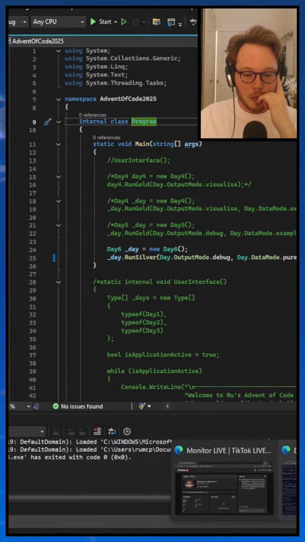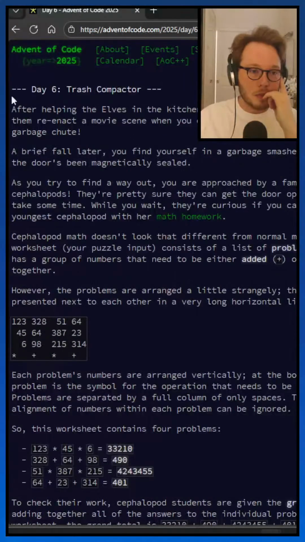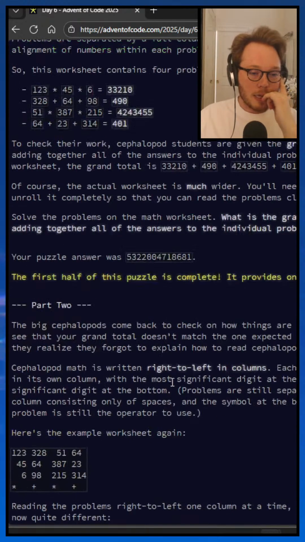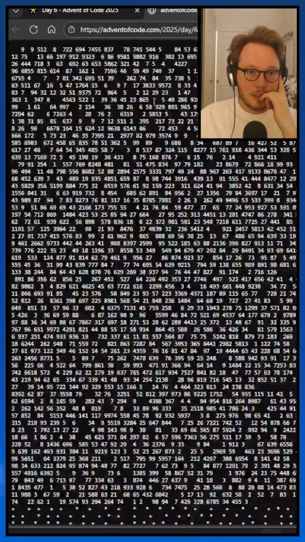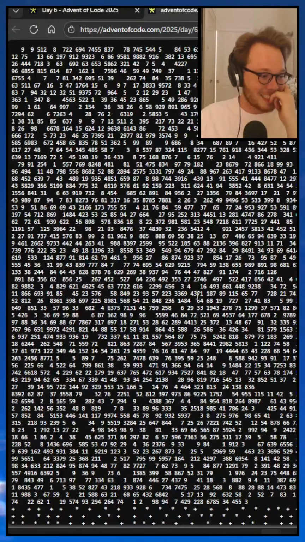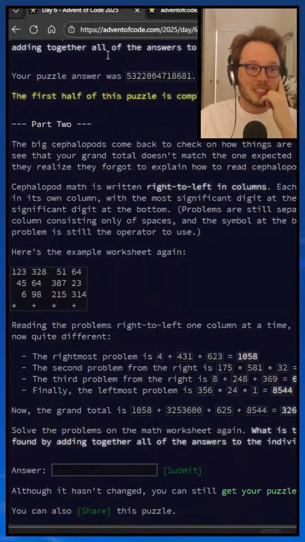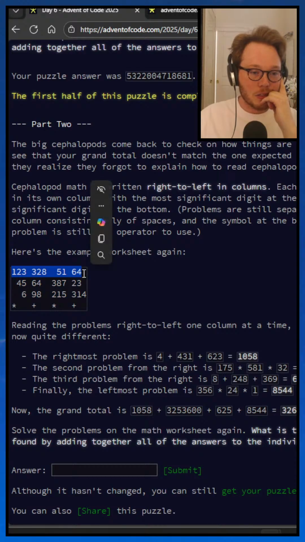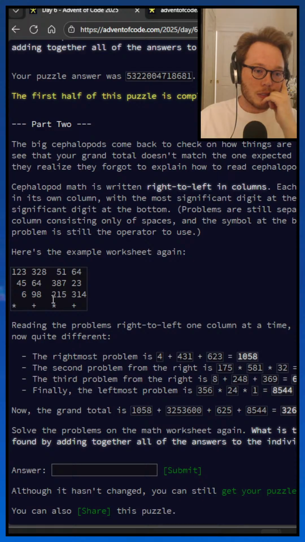Let me first explain what we're even doing. So the part 1 was we get this input. The actual input is a lot more complicated than that, as you can see. Essentially, it is big long strings of numbers, and then at the bottom there's either a multiplication or a plus, and then you need to sort all this data and calculate the column.